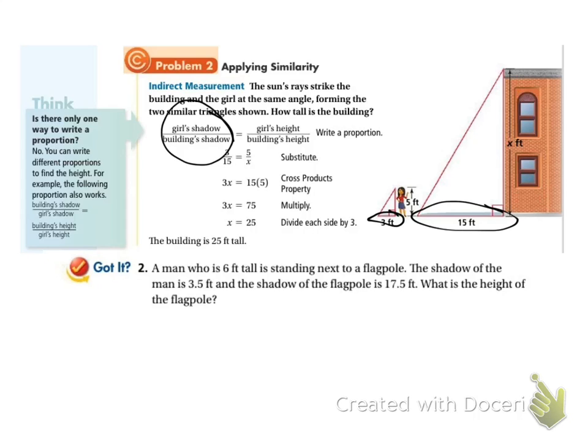And this side right here is the height. That's talking about these sides that match up. You can read through that problem if you want to see it, but let's try doing our own got it problem. So a man who is 6 feet